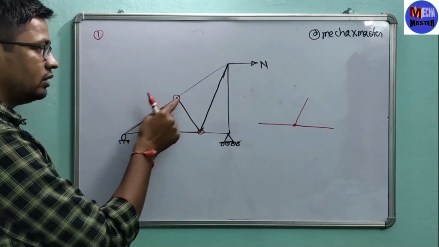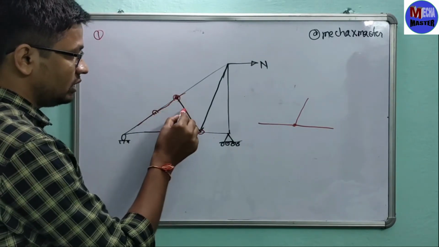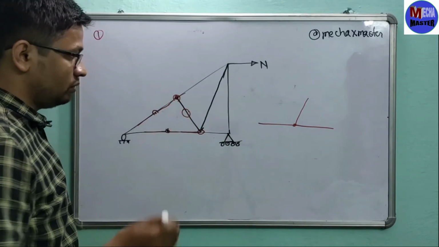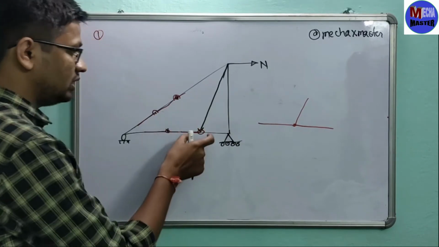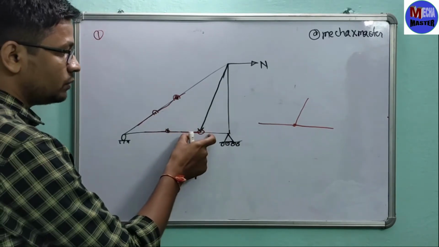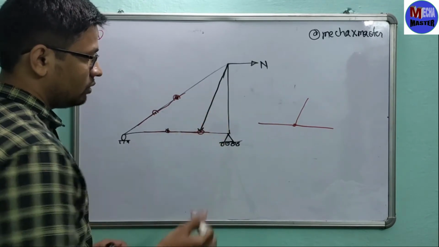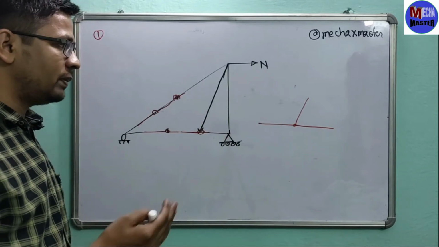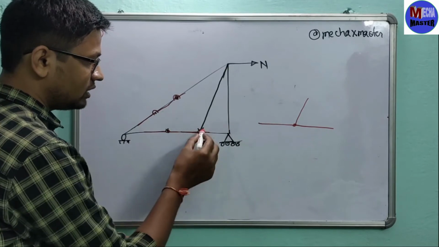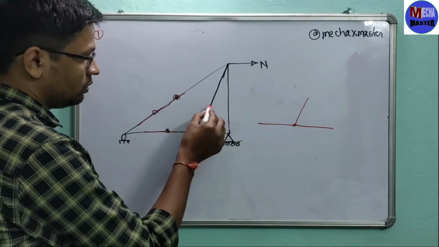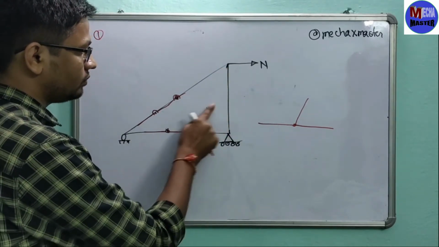Again, see at this joint, these two links are collinear. At this joint, this link is collinear and this is the third link, so this third link will be zero force member, so this will be easily eliminated. Now see at this point, these two links are collinear and this third link is inclined or anything. It should be inclined or perpendicular, it doesn't matter. If there is a third link at this point and there is no external force, then this member will be zero force member. So this can be easily eliminated.